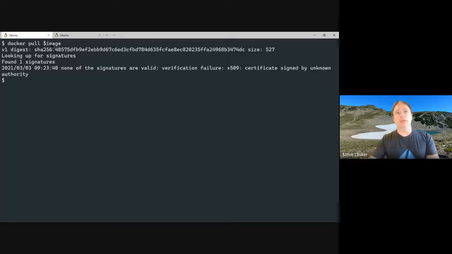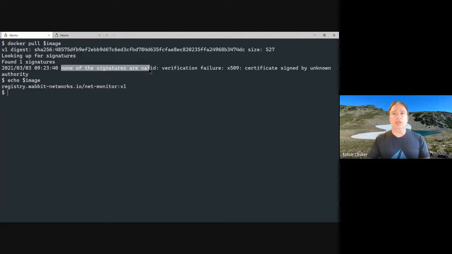So it went and looked for that image, right? That's what it went to look for. There's nothing else there about a signature. It goes and finds the digest for that, and then it asks the registry, are there any signatures for this digest? It computed the digest based on the tag, because we signed the digest of a manifest. So it found one signature, but when it looked in the configuration for where it should find keys, it didn't find any. So it did not pull the image.